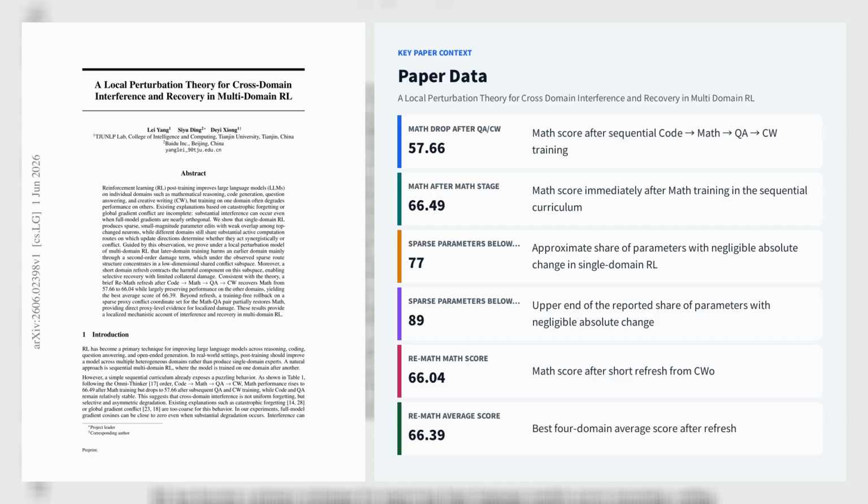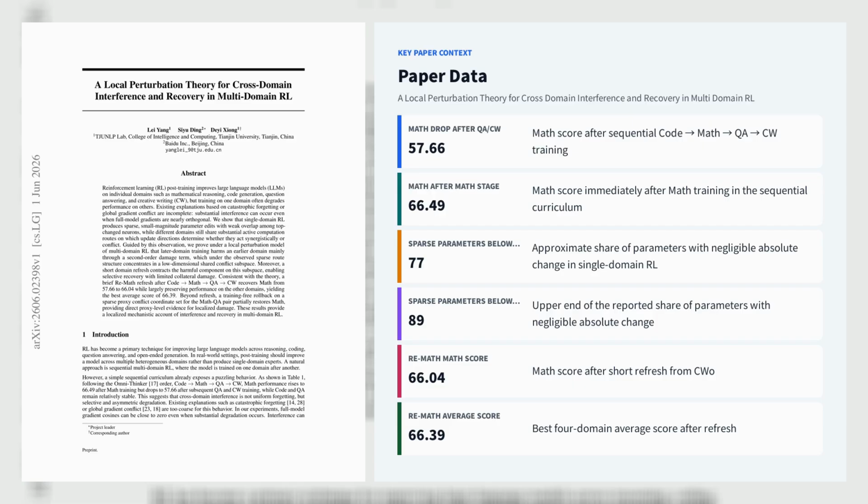Their structural analysis finds that single-domain RL makes sparse, small-magnitude edits, with about 77% to 89% of parameters changing by less than 1e-7, while top-changed neurons overlap weakly across domains with Jaccard coefficients below 0.19. However, reasoning domains still share active computation routes, and directional alignment on those shared routes determines whether updates are synergistic